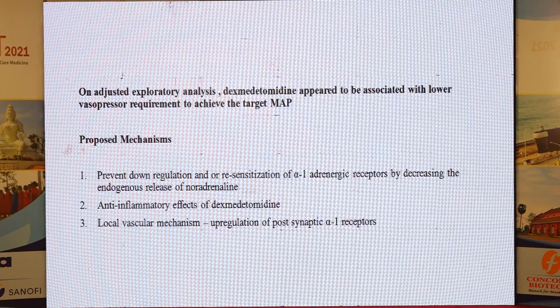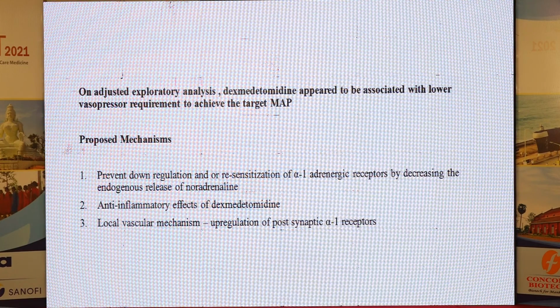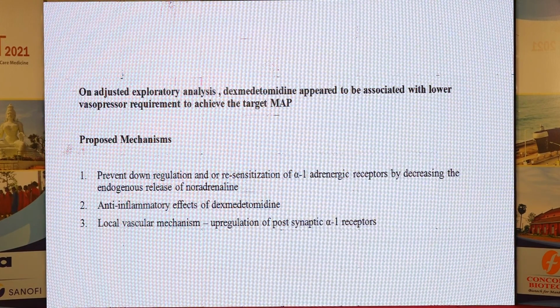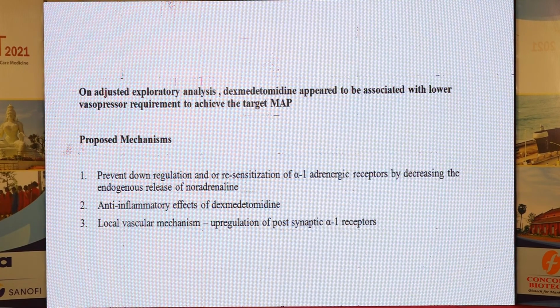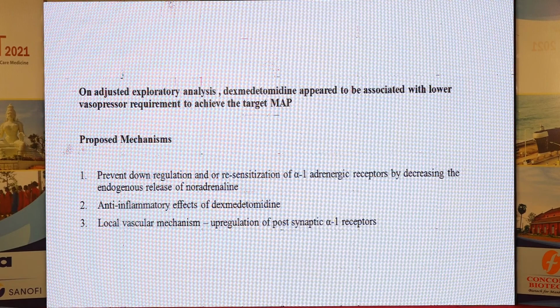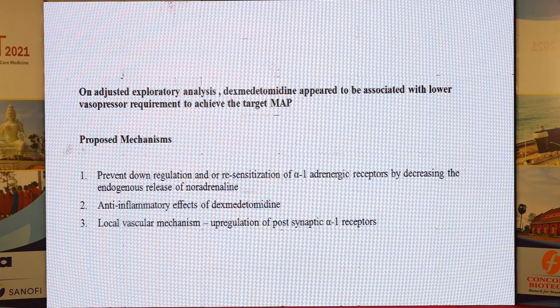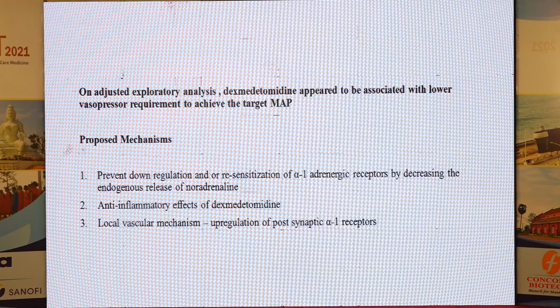So that was one of the proposed mechanisms which was thought of. Similarly, as I said, dexmedetomidine in a lot of experimental animal studies and small human studies has shown to exert significant anti-inflammatory effects. So that could be another reason why they thought that the vasopressor requirements were significantly lesser in